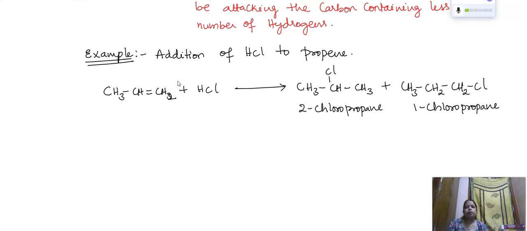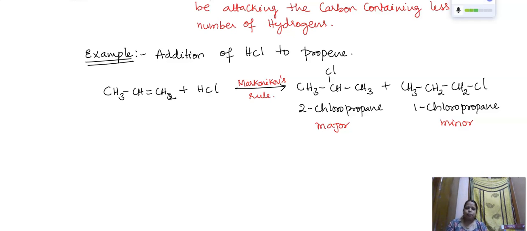Both are possible here. Now in this, the 2-chloropropane is the major product and 1-chloropropane is the minor product. And why is this happening? Because it should follow Markovnikov's rule. So Markovnikov's rule is followed, and when Markovnikov's rule is followed, this is how the formation of the